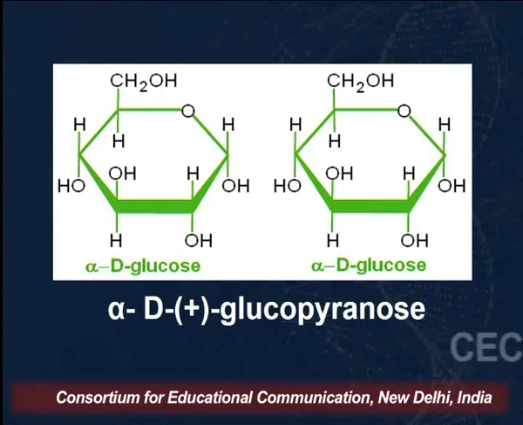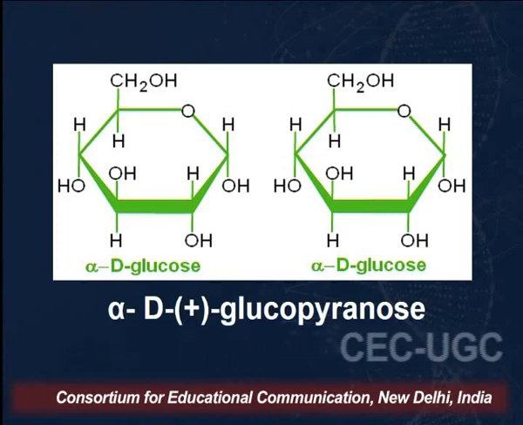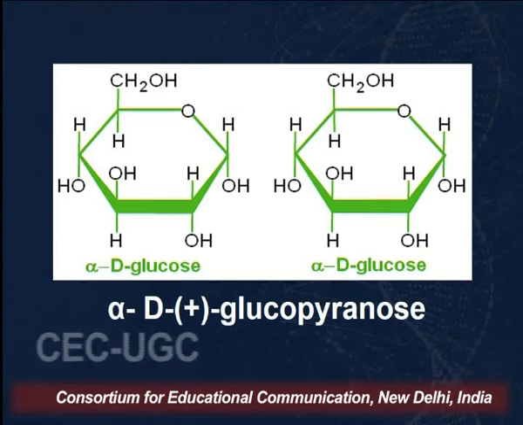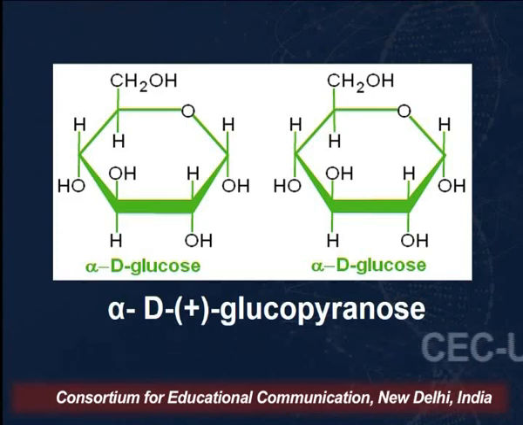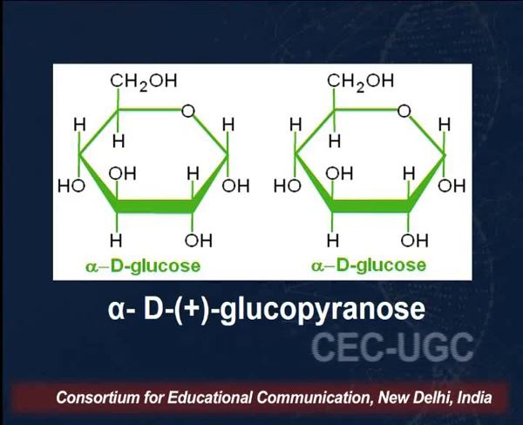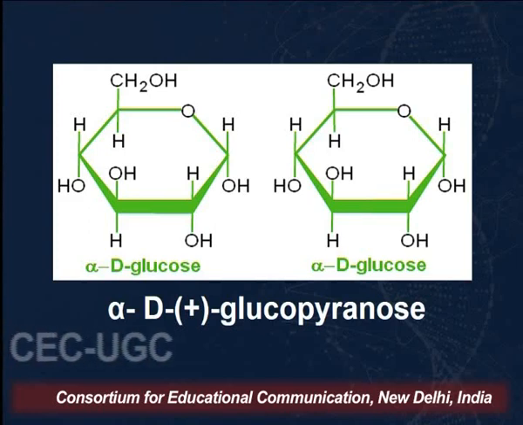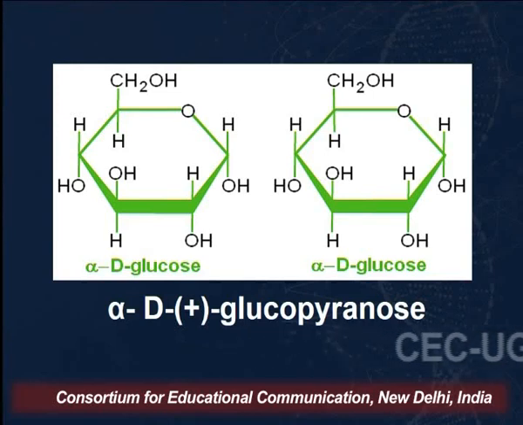So, what you have to remember is that the optical rotation of maltose and the 2 units of alpha-D glucose which we are getting after hydrolysis, the direction is same. What I mean by saying direction is same, the value will be different, the specific rotation will be different, but both of them are dextrorotatory. Maltose is also dextrorotatory, and the product on hydrolysis is also dextrorotatory, that is, it will rotate the plane polarized light in right hand direction.